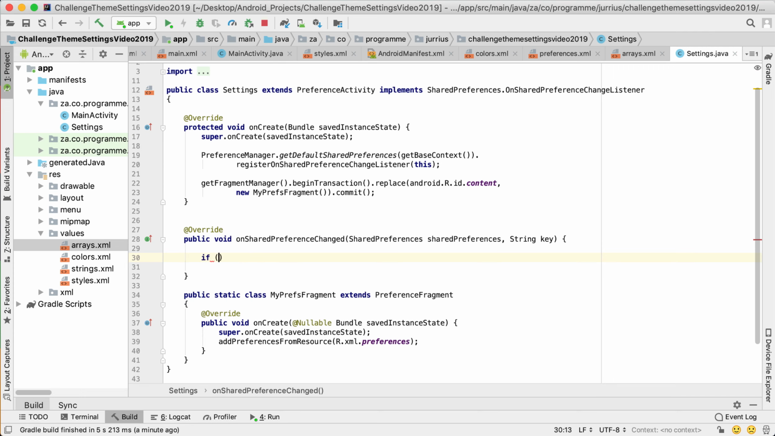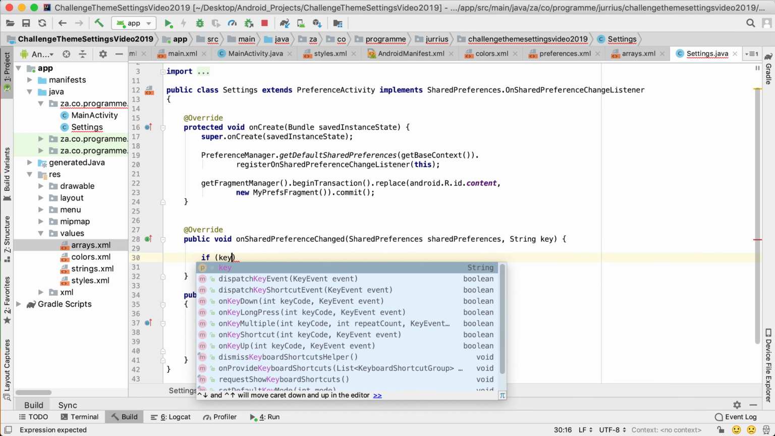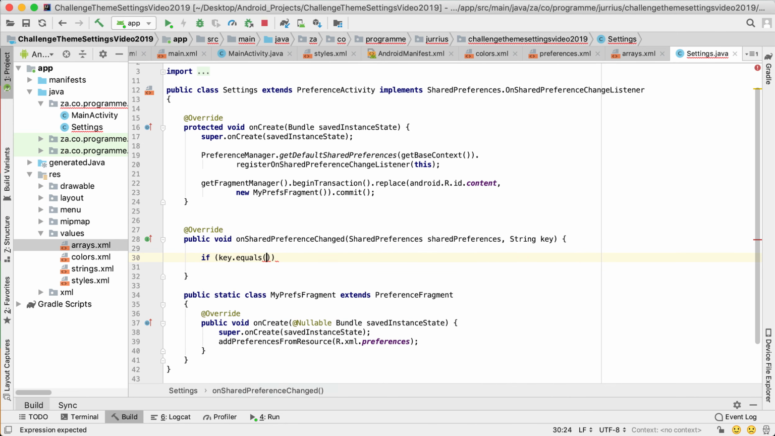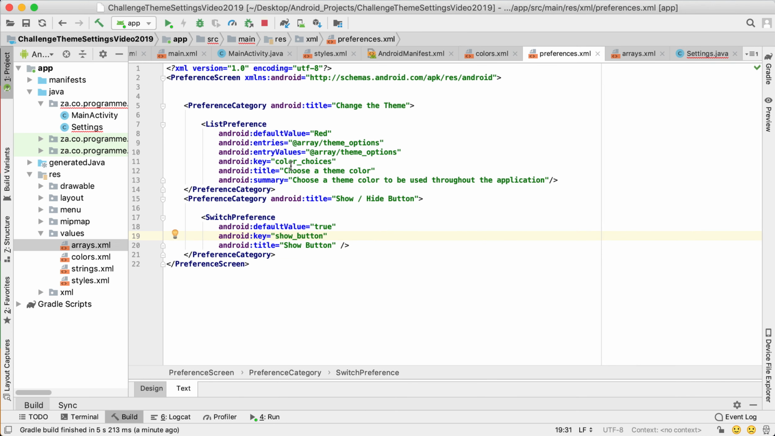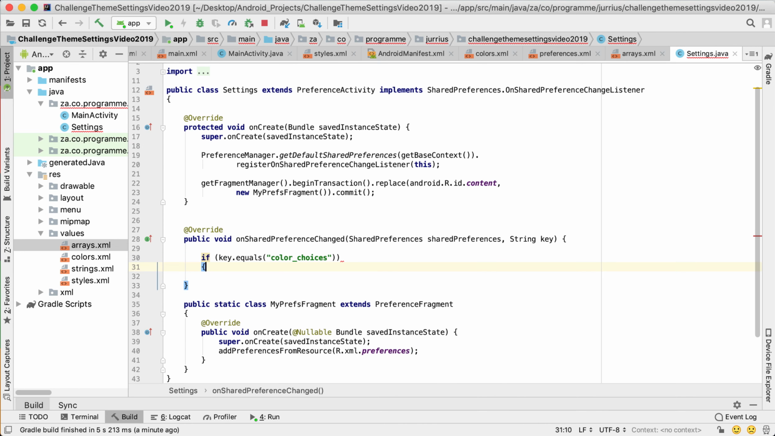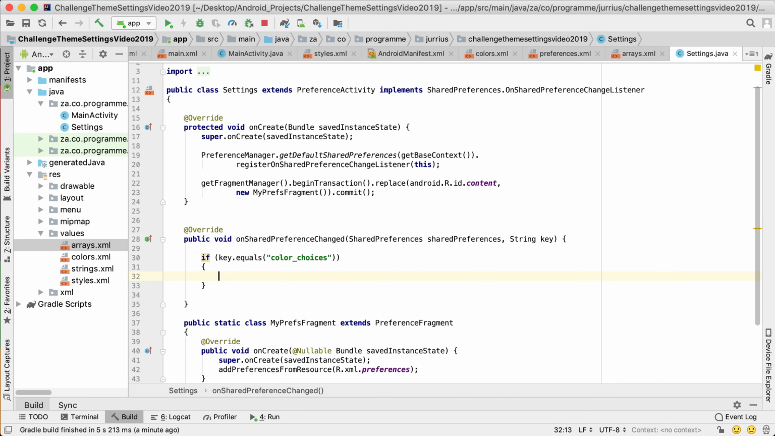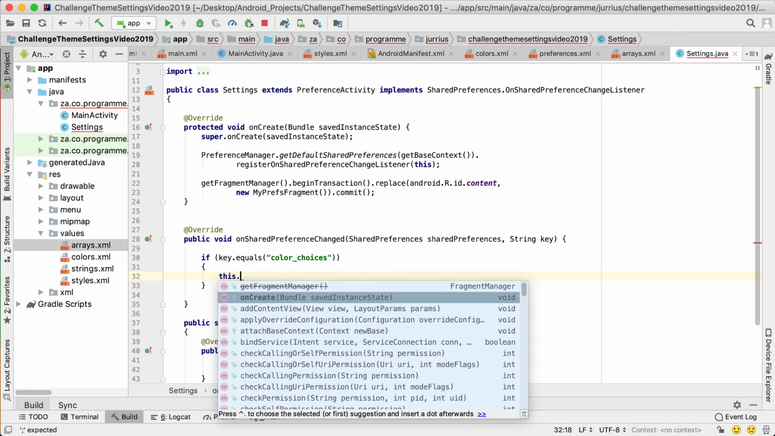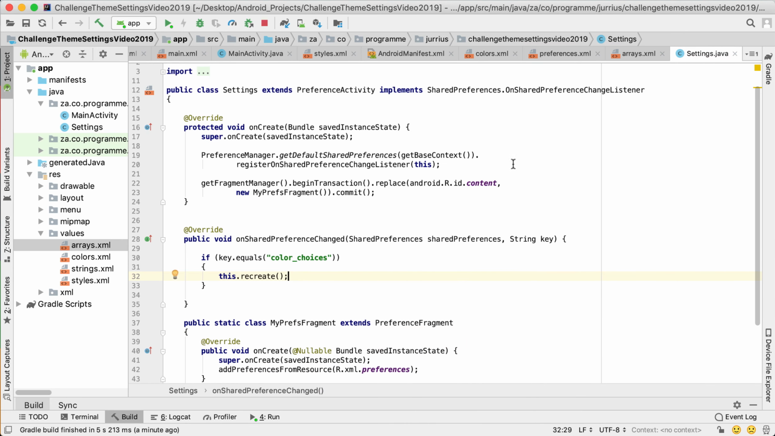So what I can do then is to go and check if this key that was passed through, the key that changed, equals, remember what we call the color choices there. I think it's color underscore choices. There's the key. So if that key, we go back to settings, equals the color choices, we know now that we need to set the theme. So what I'm going to do here is to just call this dot recreate, which will recreate this whole settings